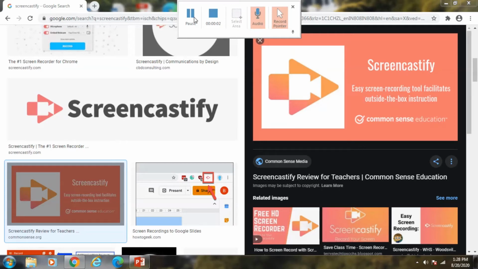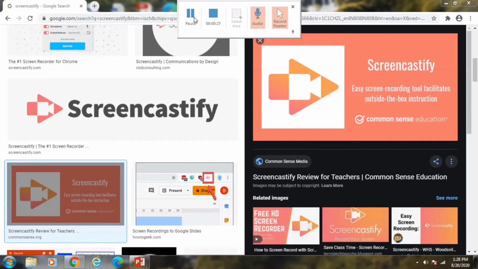Hello friends, today I came with a very new video, the name Screencastify. This application is a free screen recorder for Chrome. For this application, no download is required. Through this application, we can record, edit and share videos in seconds. Videos also get autosave in your Google Drive.